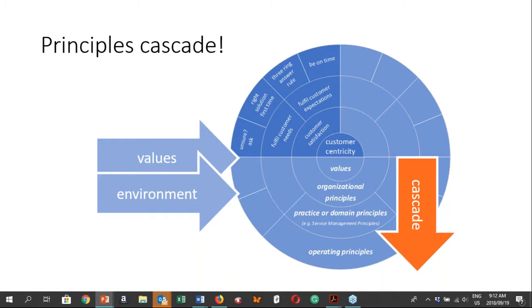Most of the time, either tactical or operational. And then there are some principles that are defined at an operational level.